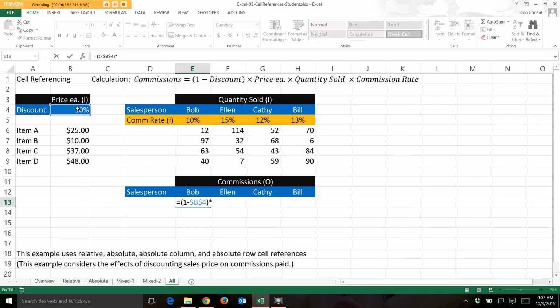So now I want to multiply that times the price each, which I need to lock the column. So I'm going to press F4 1, 2, 3 times, multiply that times the quantity sold, which I'll just leave relative, and multiply that times the commission rate, which I need to lock the row. So I'll press 1, 2 to lock the row. I press enter. I get the commission rate for Bob if we apply the discount, copy that down,